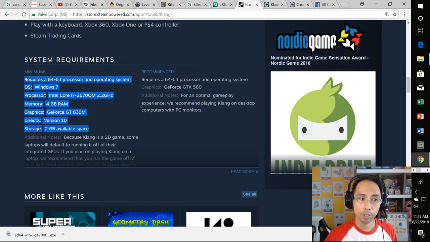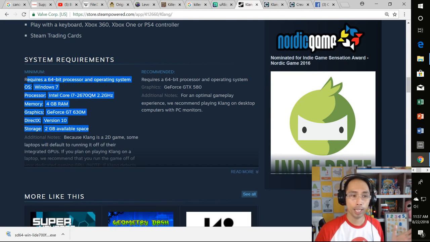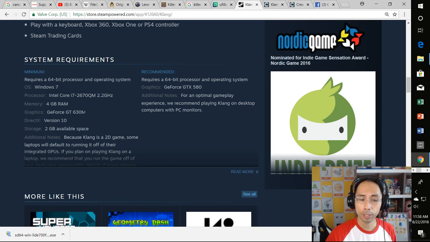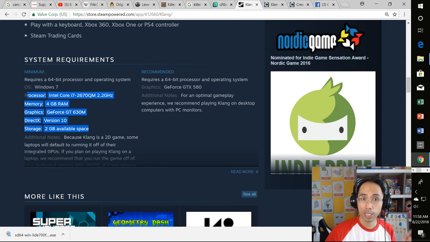And again, what's interesting here is that he was just running on Windows 7 at the time, not even Windows 8, or Windows 10. I believe Windows 10 is out at this point too. His graphics card is not bad. Actually, my graphics card at the time should have run this, and he only had 4 gigabytes of RAM. So again, as a follow-up to the other video, this is what he used to develop a 3D game for